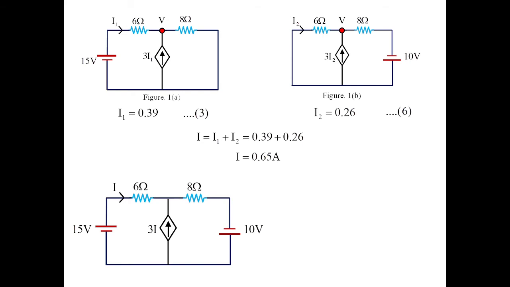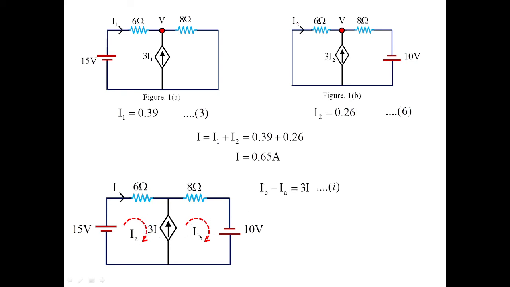So let me clarify this by using another example. I am taking a mesh analysis, taking the currents IA and IB as the two loop currents. By careful inspection you can see 3I, which is given in the problem. It is nothing but the dependent current source shared by two loops. Thereby, there is every chance to form a super mesh also.